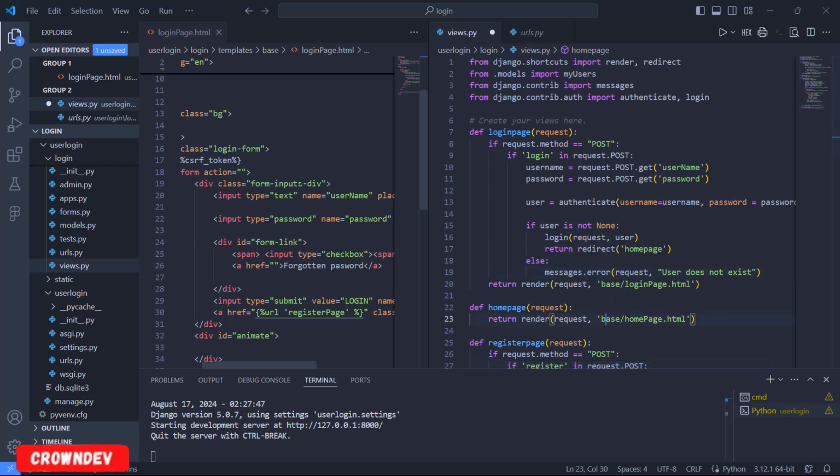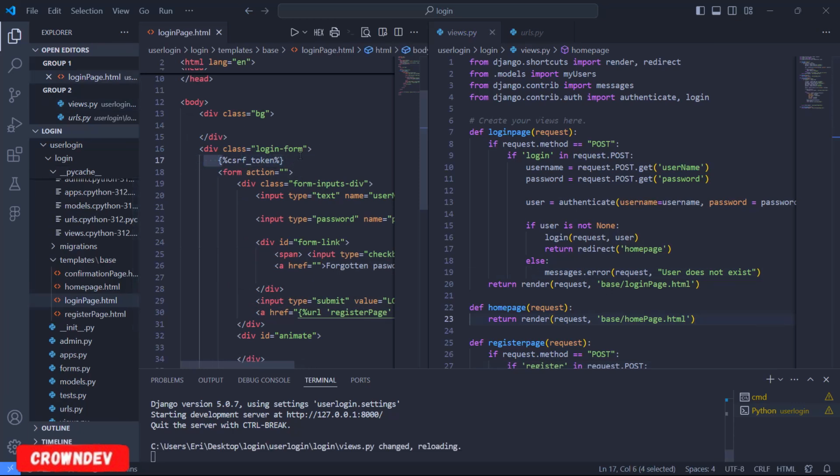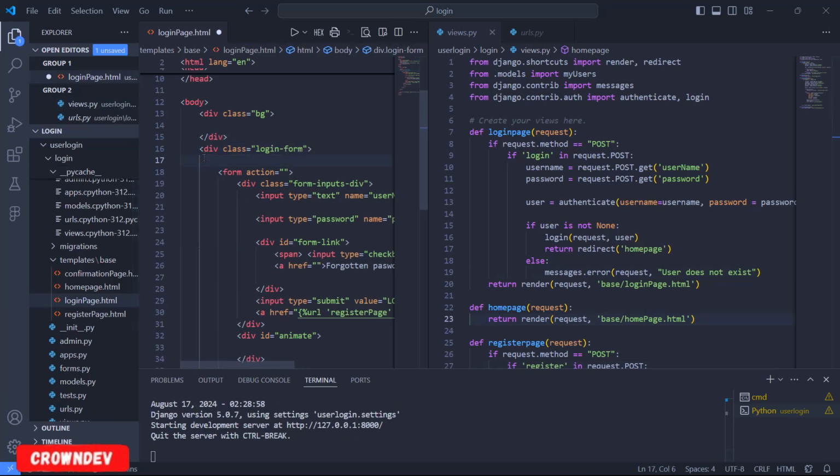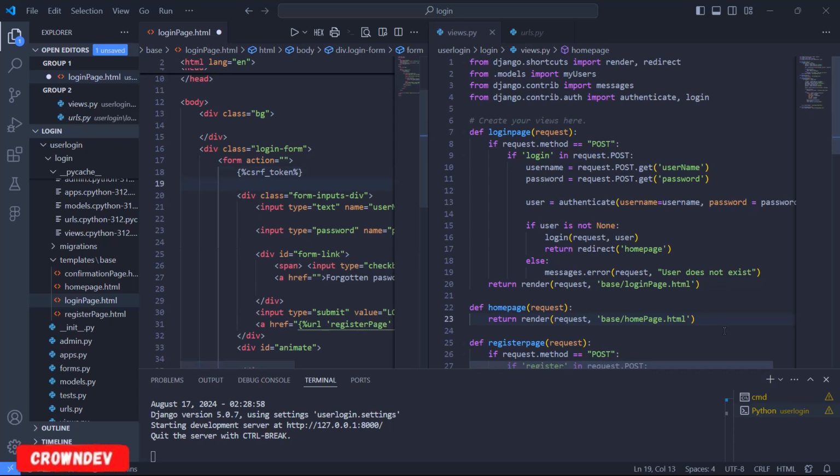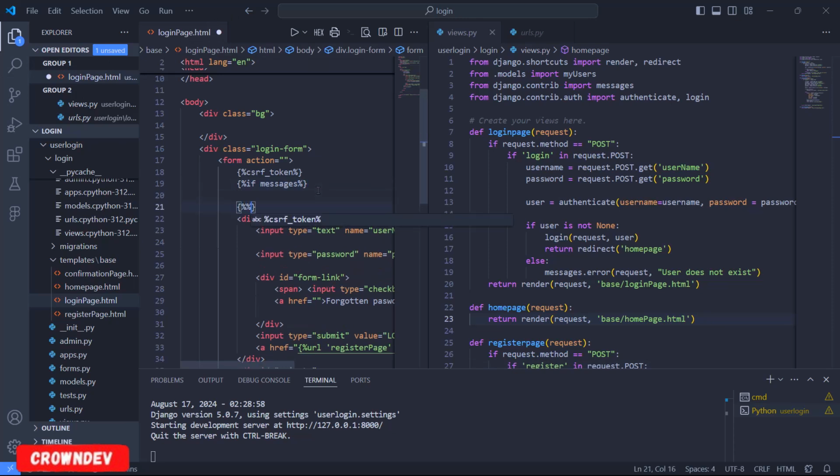So let's check this out. I have my form here. So this cross site request forgery token should be inside our form. So now, to be able to display these error messages, we are going to do a quick check. So first, we are going to use the Django if statement. We are going to say if messages. Now the reason why we can access these messages is because all these views are written under the login page view that return us to our login page, and we're already in the login page.html, so we can just access it. So if messages, we are going to end if,